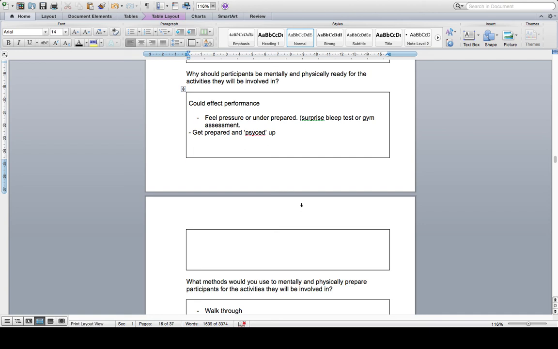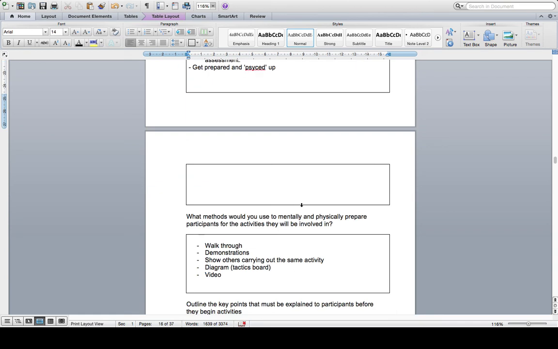Okay, so it's really, really important that you sit the participants down on a regular basis and you let them know what is going to be happening this week, next week, and the week after, just so that they can get in their mind's eye that they're exactly sure on what they're going to do. Okay,